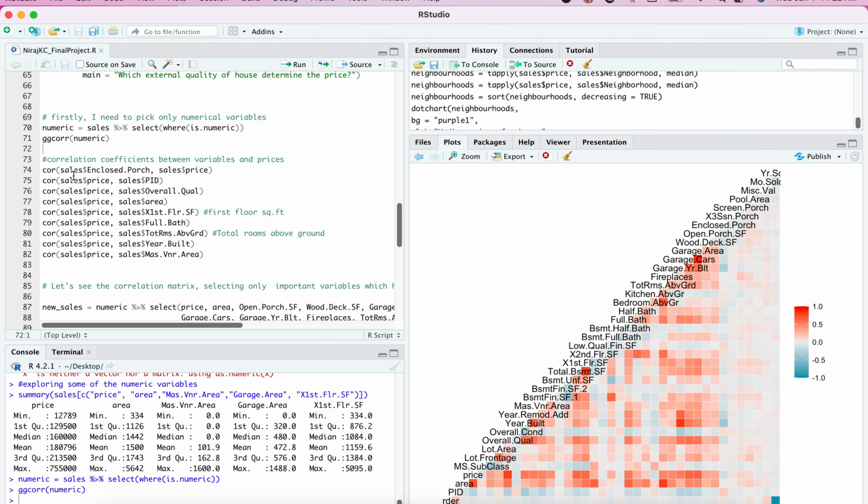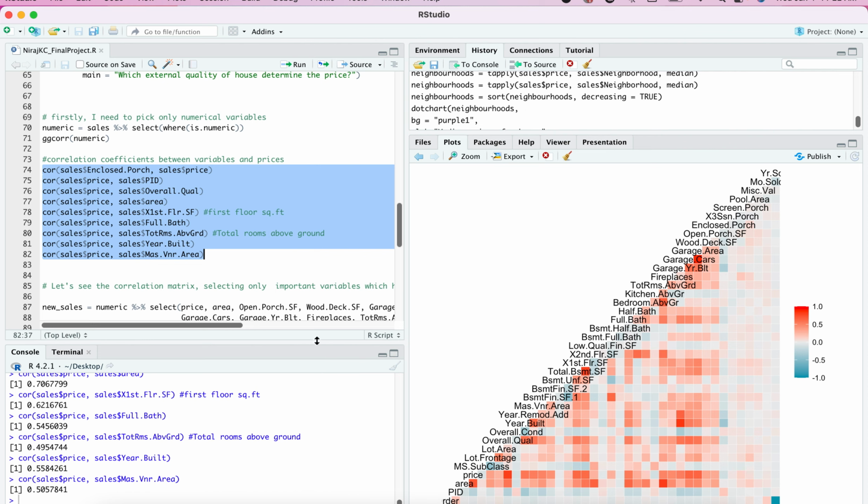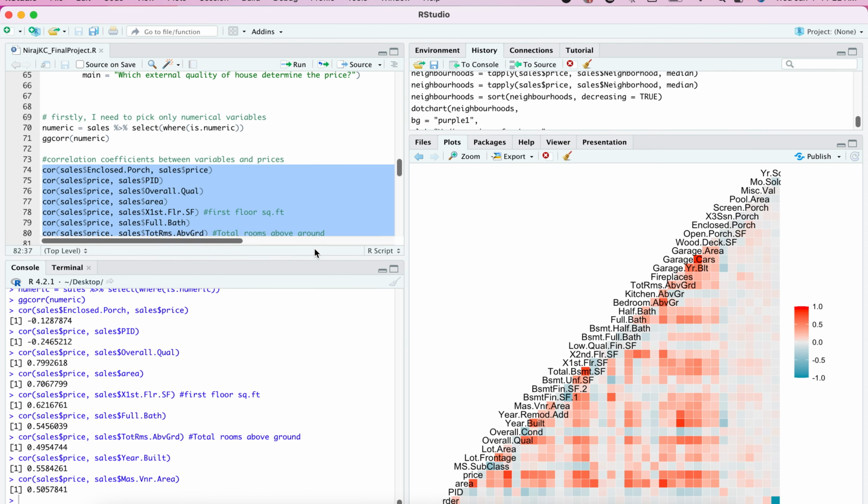So in the first command, I'm seeing the correlation of enclosed post with the price of the house, and second with the PID, third with the overall quality, fourth with the area of the house with the price. Let us run, and then I'll go deeper, then it will be easier for me. Okay,